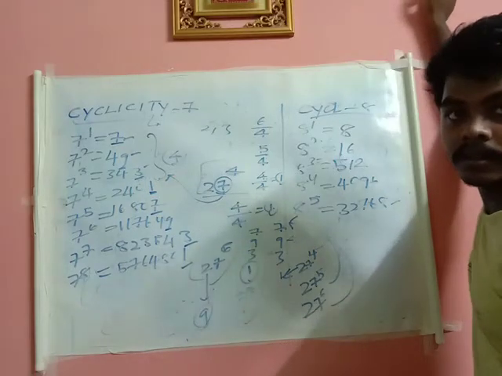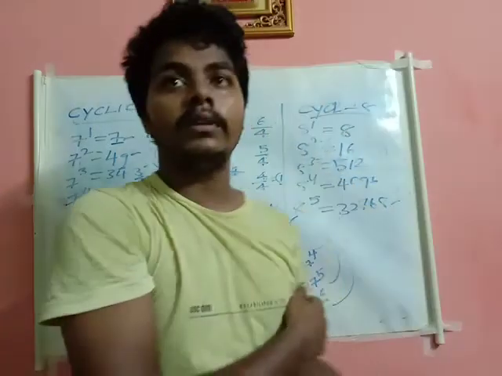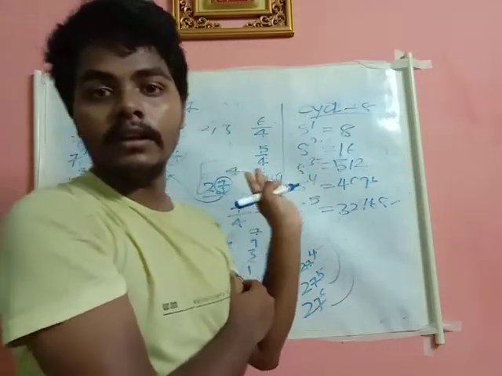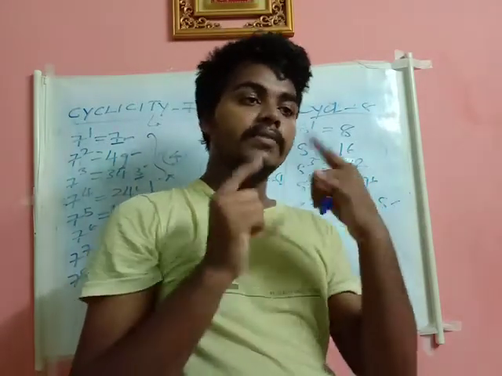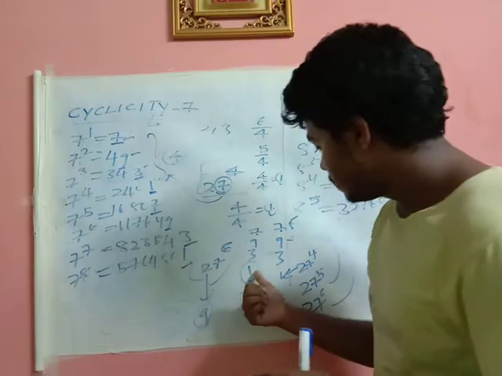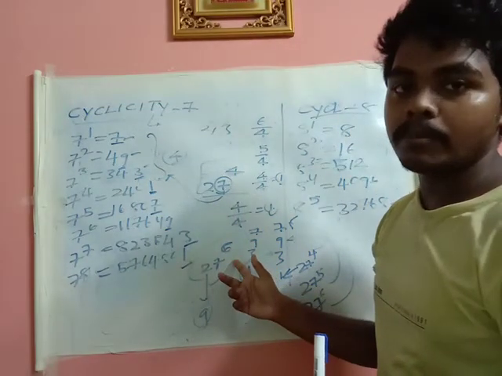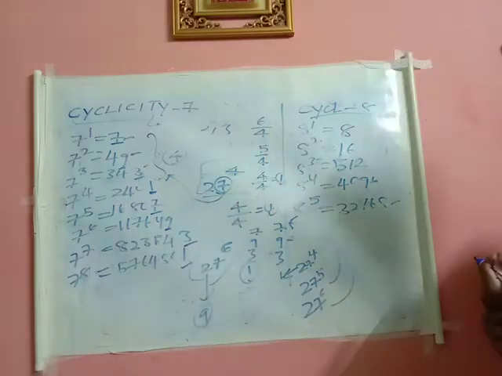Okay with this? Now, in the same way you did for the cyclicity of 2 and the cyclicity of 3, the same approach will be followed here. You should see whether the power is exactly divisible or not. If it is exactly divisible, the last digit of the repeating cycle is the unit digit. If it is not exactly divisible, then the problem occurs, and we know how to solve this. Now coming to the cyclicity of 7 and 8.